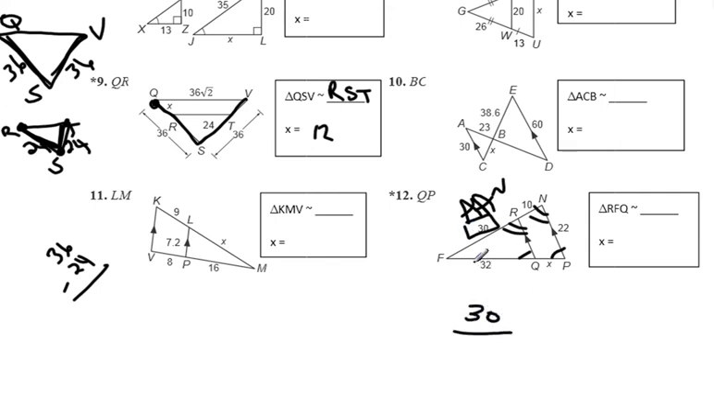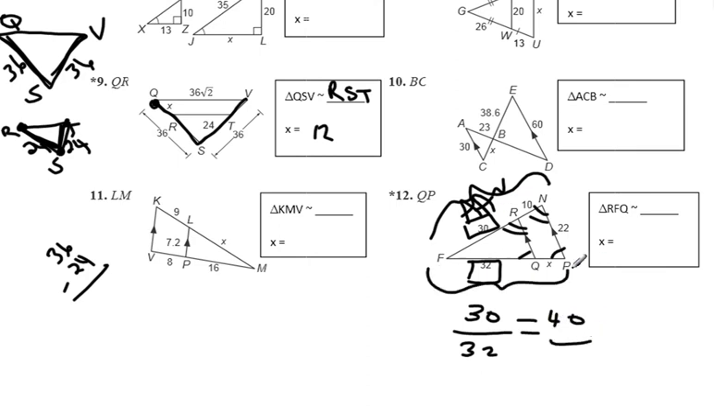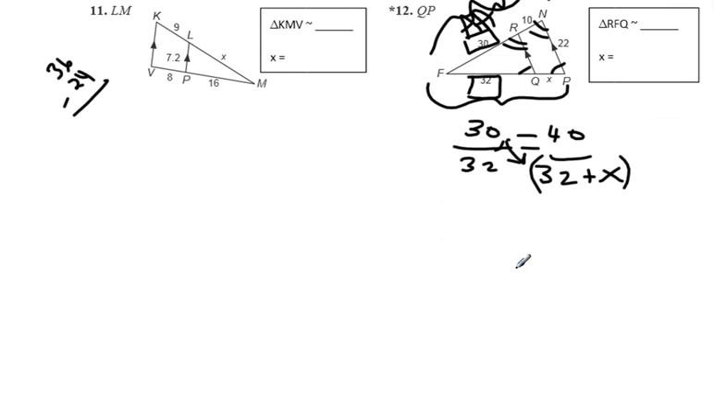Now, in order to set up our proportions, well, we know that 30 is the small side over 32, the other small side. That should equal the big side, 30 plus 10 is 40, over 32 plus x. Remember to put your quantity in a set of parentheses that will remind you to distribute. So cross multiplication, we have 30 times 32 plus x,